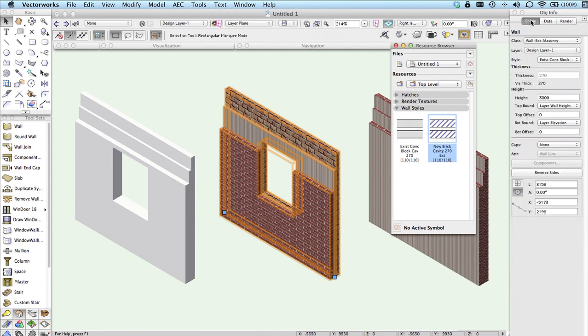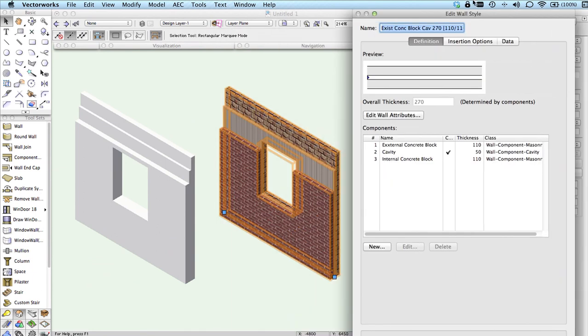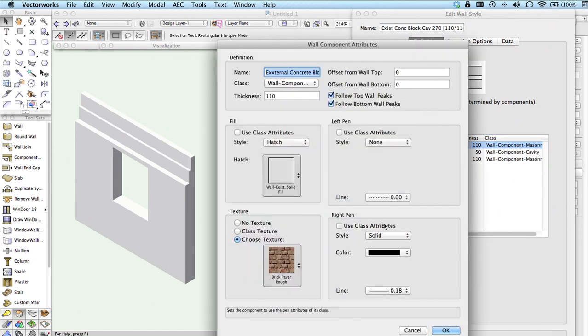If we look at the shape tab here, we can see that the style on this is existing concrete block cavity 270. Let's not worry too much about the name, but here is this wall style. So let's edit this wall style and take a look at the texturing within the wall style. There were 3 components, a 110, a 50 and a 110, and if we select the external concrete, so that would be this one here, and we choose edit, you can see that the texture has been set in